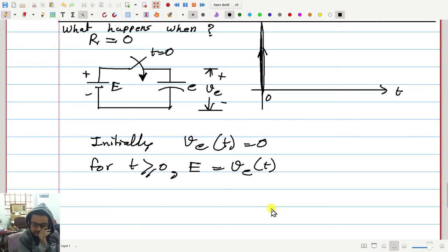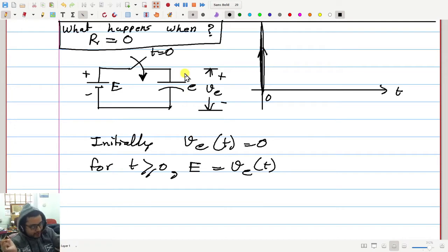Sir, when the resistor is not there, the energy dissipated in C is half CV squared. So where is the heat developed? That is the question. I cannot give a convincing answer in the class. So I will avoid this question, what exactly happens when R is equal to 0 and how energy balance is maintained. We know that there will be a very high amount of spiky current at this moment. The capacitor will get instantly charged, but still energy is balanced. How is it maintained? I cannot give a convincing answer in this class.